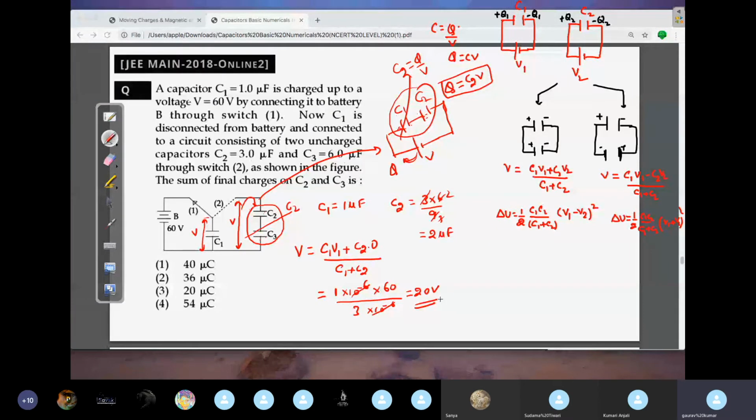So 20 volt you are supplying. So what is the charge supplied by this? That will only appear on these two, na? So charge supplied by this will be how much? Q equals to, this is 2, so 2 micro is 10 to the power minus 6 into V. V is 20 here. So 40 microcoulomb is the answer to the question. Done. You can see it was a very easy question. There's nothing in these questions.